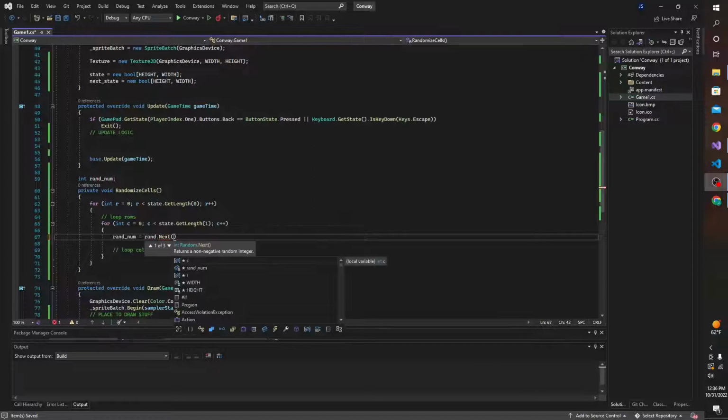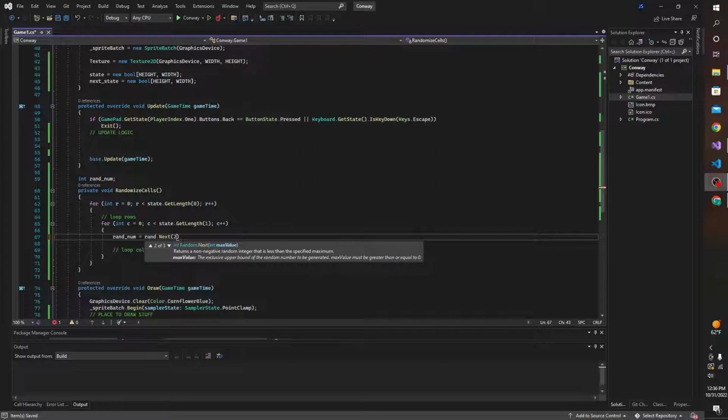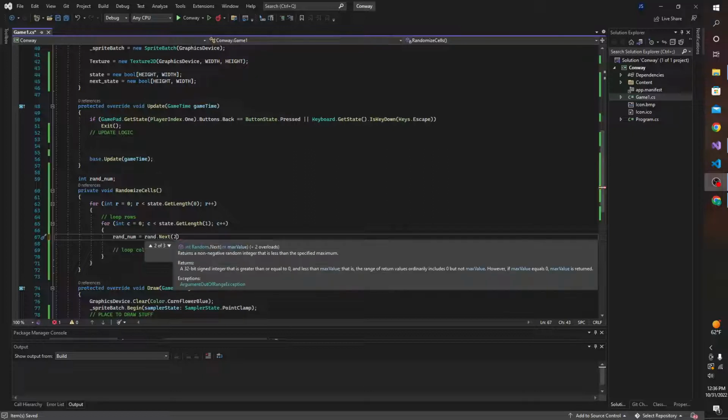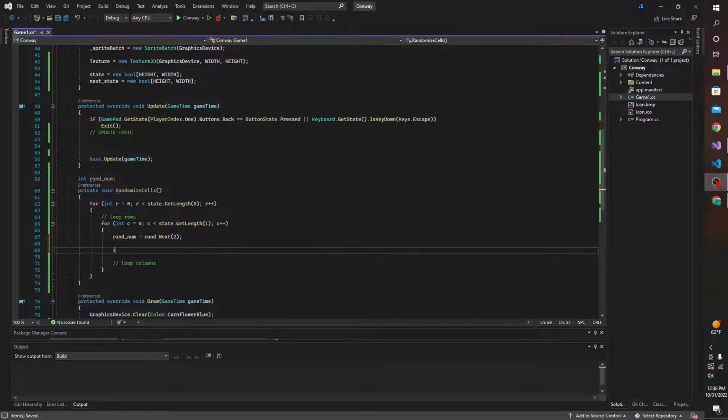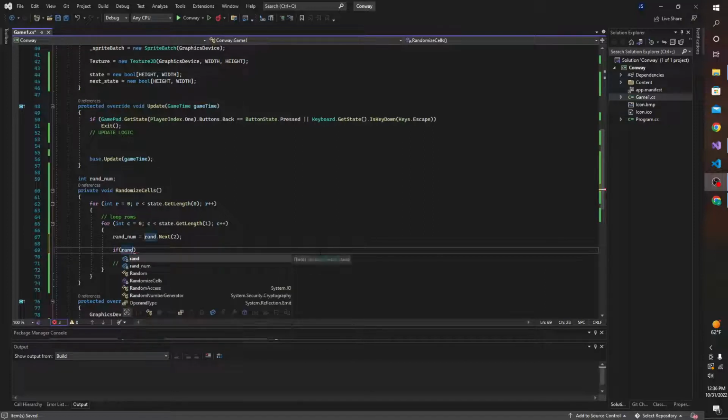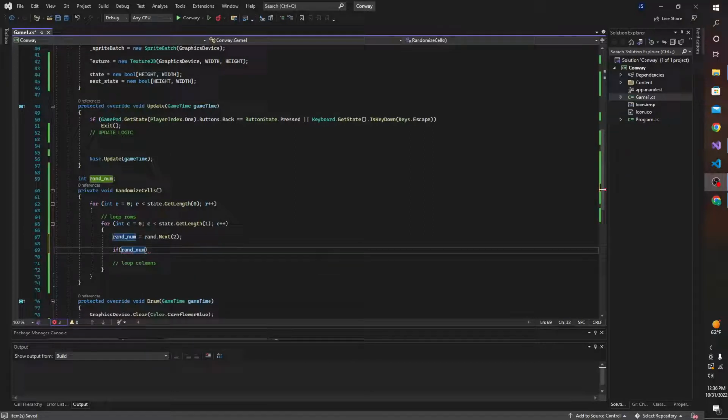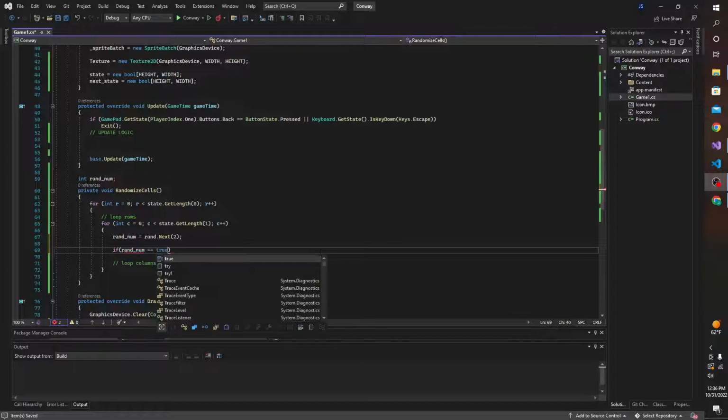And then between, it says returns a non-negative random integer, where whatever number we put in is the max value, but it's not going to return that max value, it'll do one less. So we want to go 2. So this is going to either return 0 or 1. Alright, so we're going to do if randnum is equal to true, or you could just say that, but